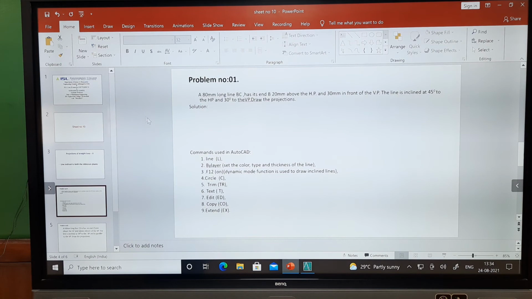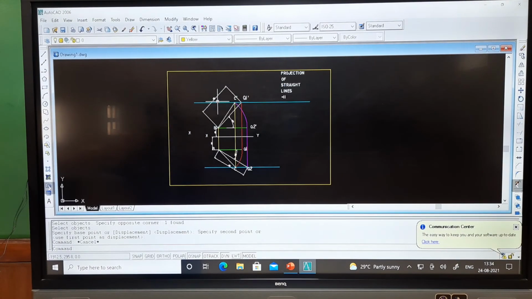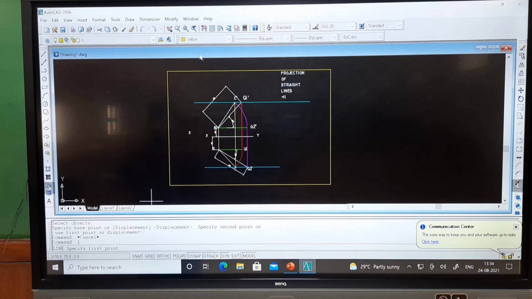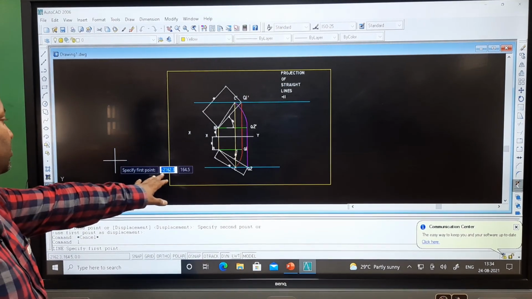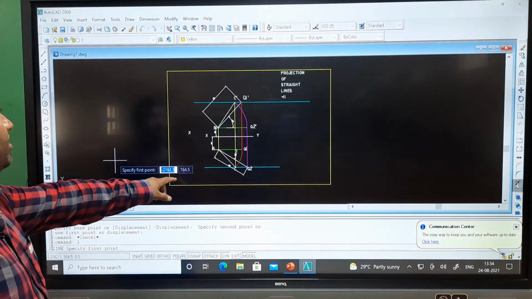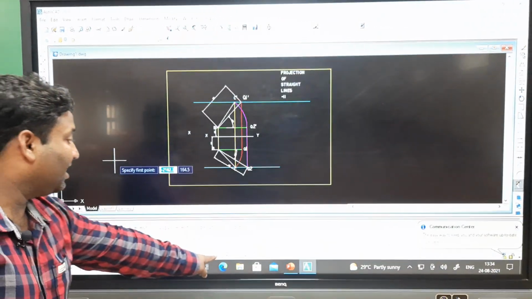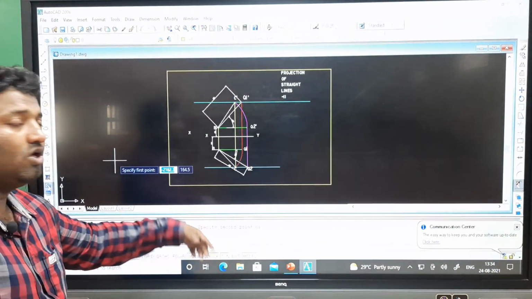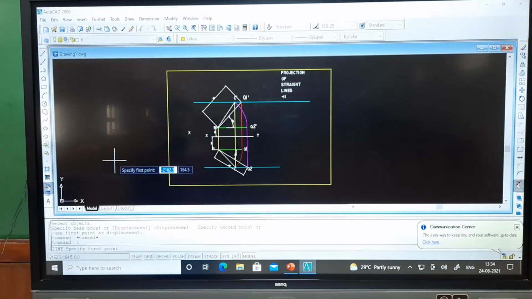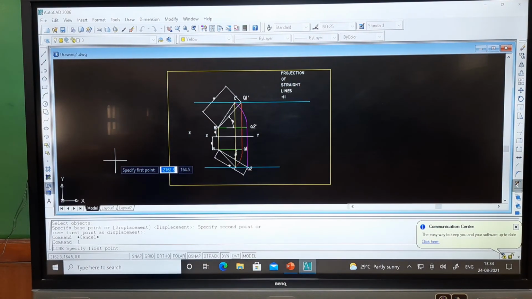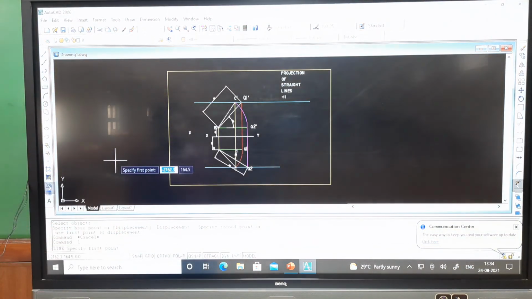In AutoCAD, whenever we use a command, it shows a blue color. Suppose I use L enter here and click here, you can see it is showing the dimension. When it shows the coordinates, that is due to dynamic input, DYN is the dynamic input. When it is on, we can see whatever values we are giving and whatever commands we are using on the screen, or else everything will appear on the command prompt.